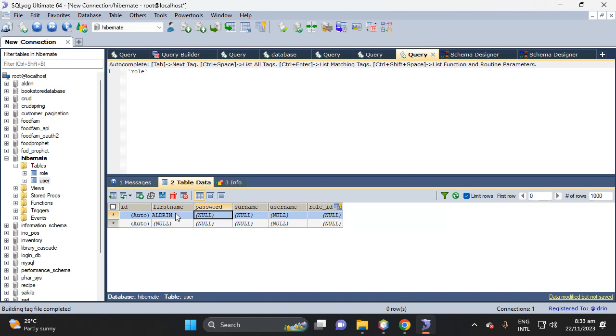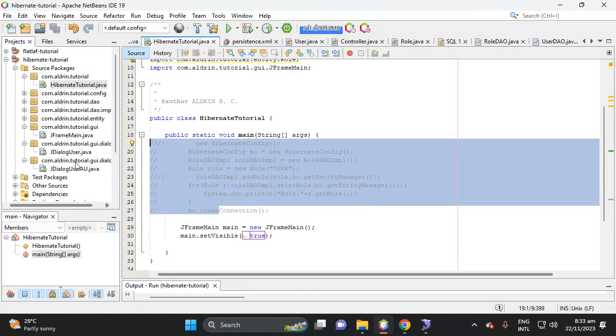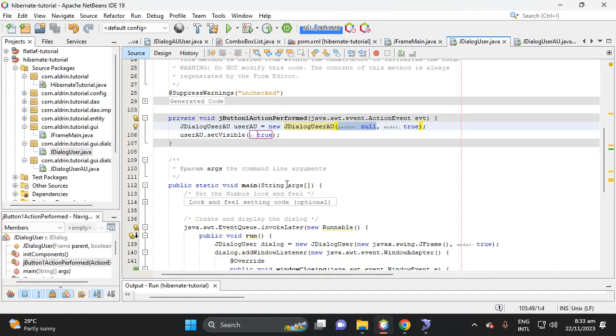Here, password is admin. Then here let's put admin for the user. Then the rule is admin is one. Then save because the rule is one. So here let's set in the JDialog user here. Let's set